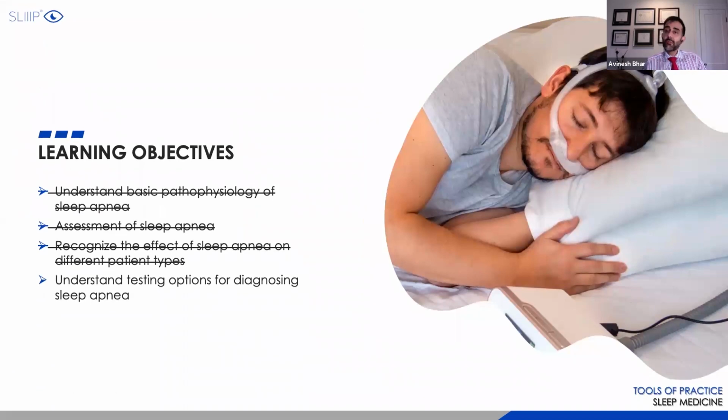All right, so we spoke about how it affects different patient populations, from our cardiac patients to our dementia patients or patients with depression, trying to figure out which patient fits that mold. And a lot of patients actually don't fit that mold, especially female patients and patients with cardiac disease as well. They tend to, like I said, have this hypoadrenergic drive and don't really complain of sleepiness, which usually triggers your